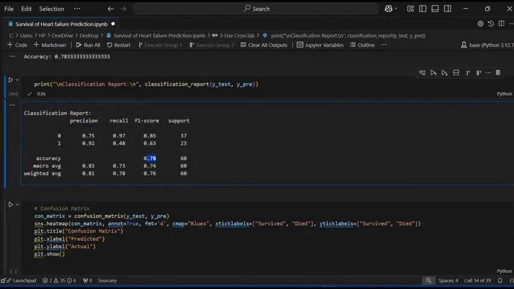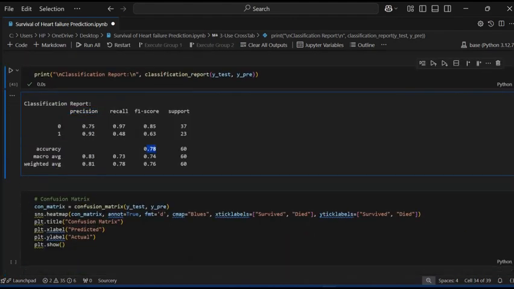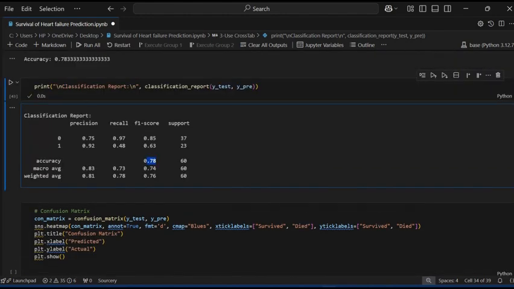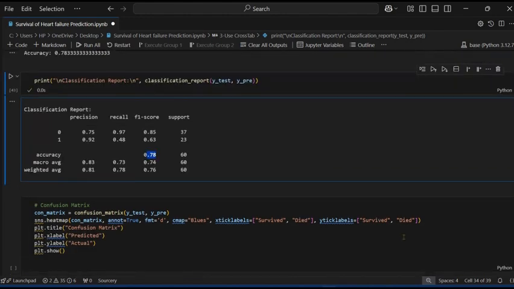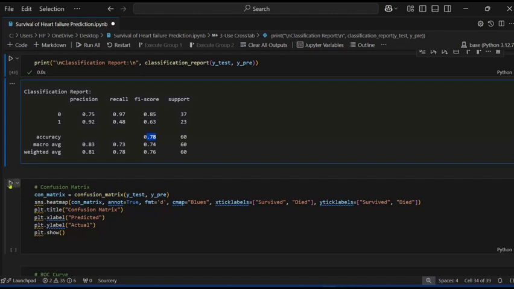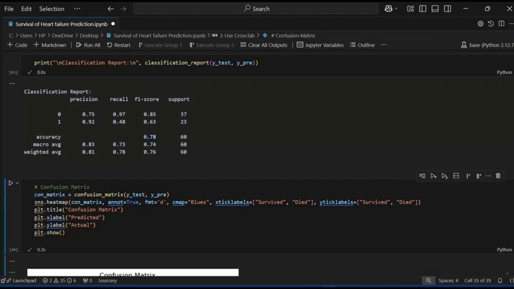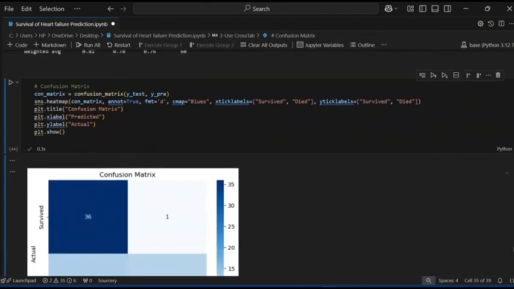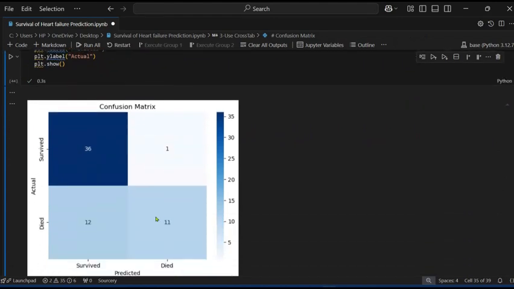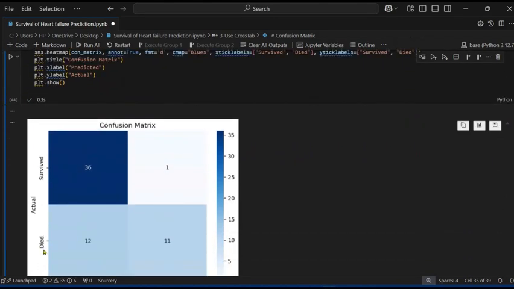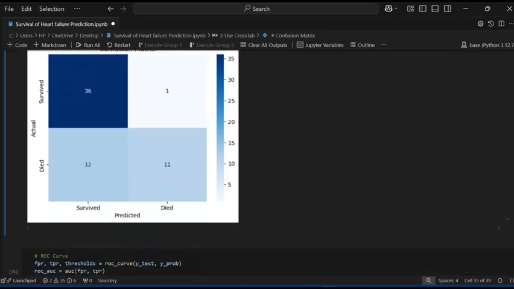Confusion matrix shows the visualization of correct predictions in the data. So this is the confusion matrix. How many people survived, how many actually died, and how many survived. So it predicts the data.